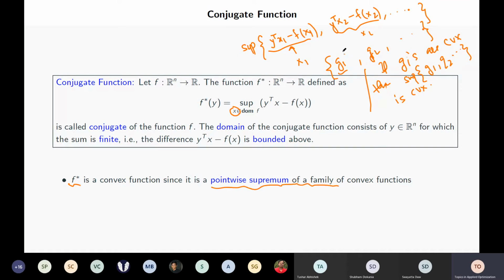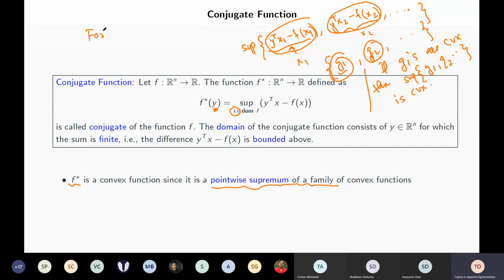Now the only thing we have to see is whether these g1, g2 are convex. That is the thing that we need to verify. We are seeing this as a function of y, so the only thing left is whether these are convex as a function of y. What do you think? For a fixed x,